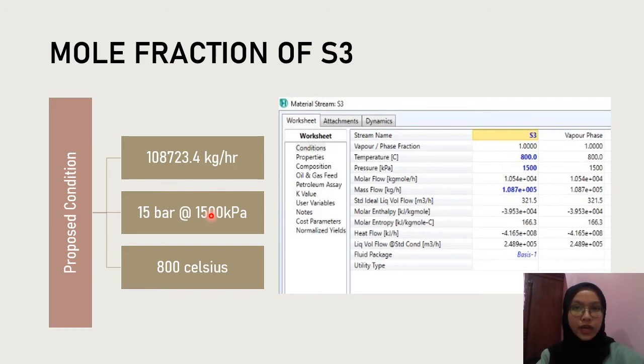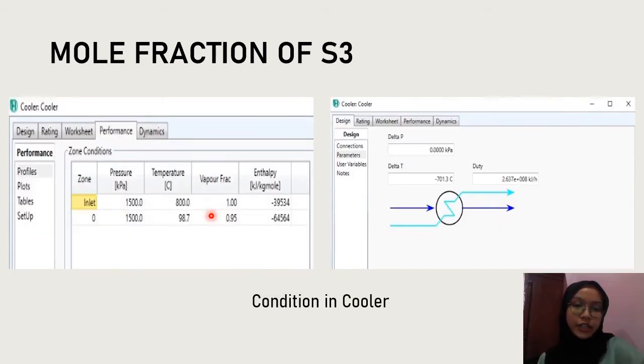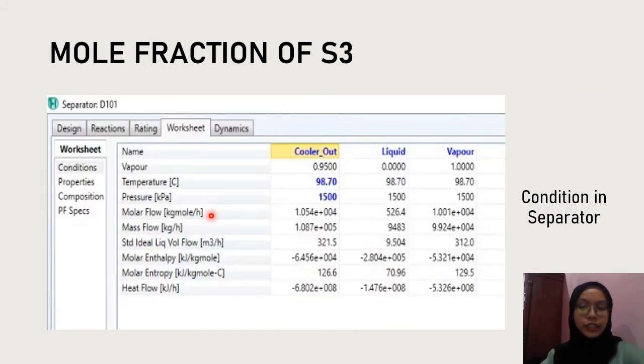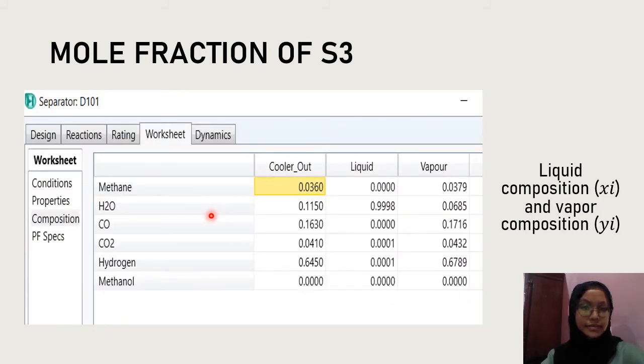108,723.4 kilograms per hour. Based on the trial and error in HYSYS simulation, to achieve 95% removal of water, it needs to be cooled down to 98.7 Celsius, and the delta T, as you can see, is negative 701.3 Celsius. Therefore, this is the condition in the separator, and this is the liquid and vapor composition that we have obtained